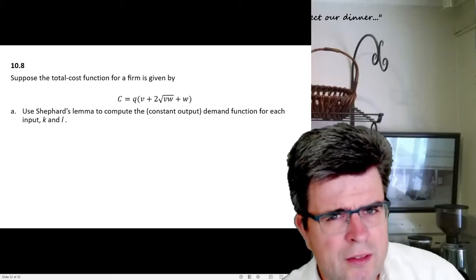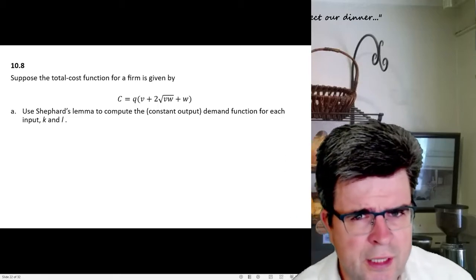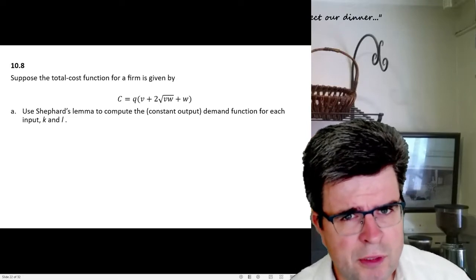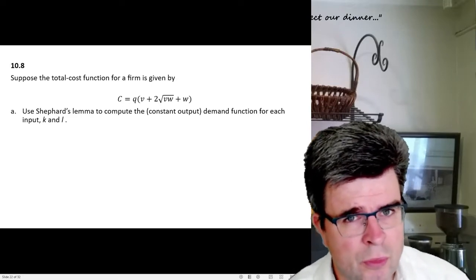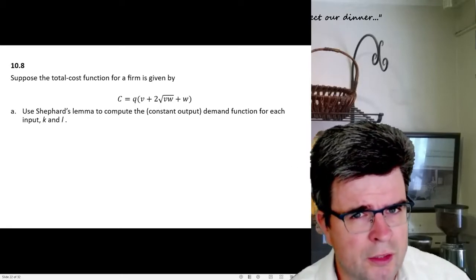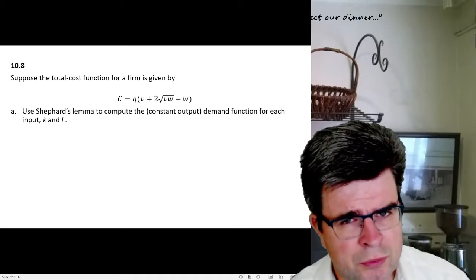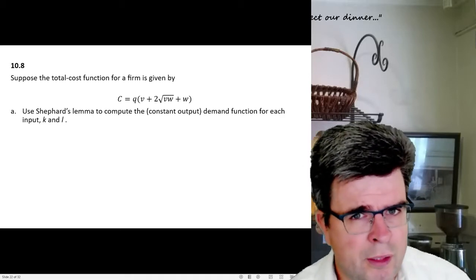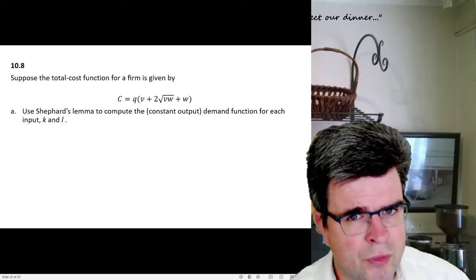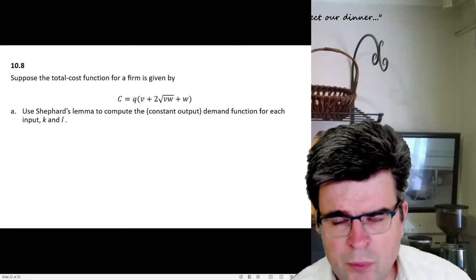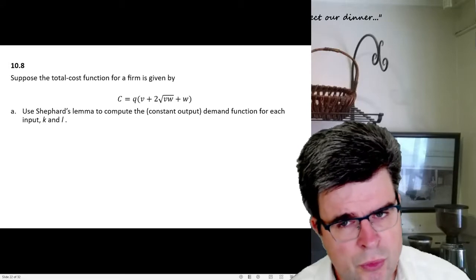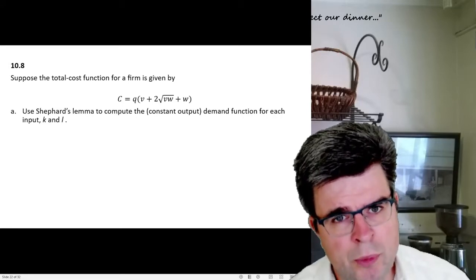Exercise 10.8 is notably different from the previous exercises in the sense that in the previous exercises we were given a production function and we needed to derive the short-run or long-term cost function. In exercise 10.8 we are given a cost function instead and we need to derive the production function. So the cost function is given here and question A asks us to use Shepard's lemma to compute the demand